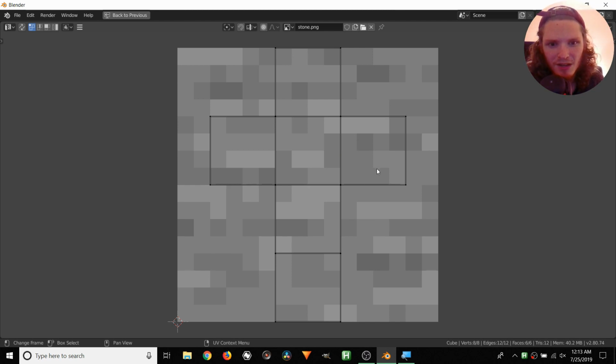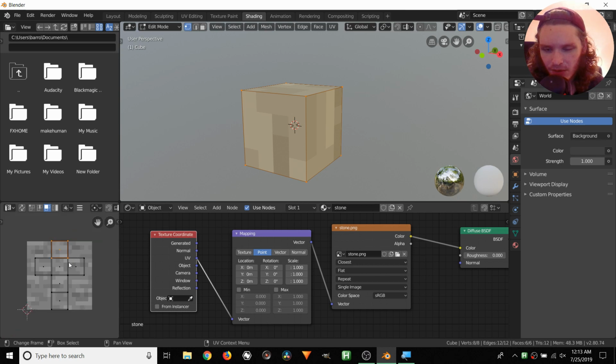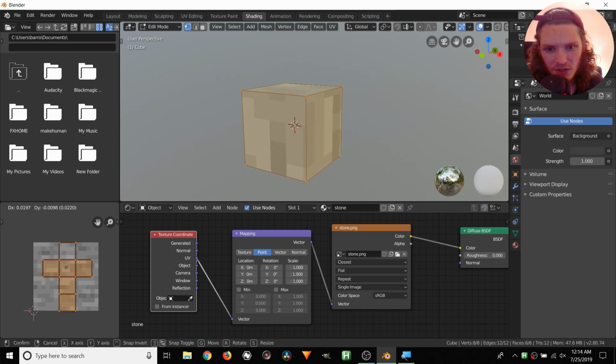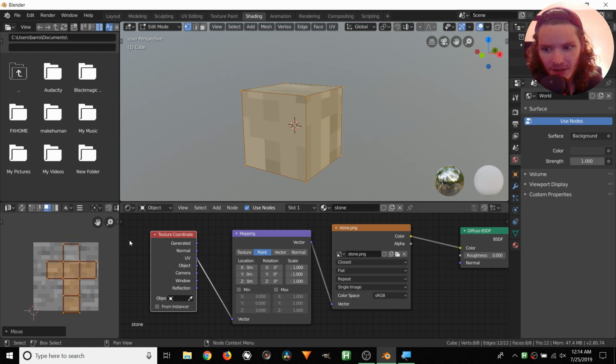But this isn't what we want, since you see we have this whole texture, and each face of the cube should be taking up that whole image, since it looks the same on each side of the cube. And that is what we want to simulate here. So right now, if we take all our faces, that's A to select everything, A for all, and then G for grab, for moving. You see that our UV coordinates are actually affecting what this looks like over here,